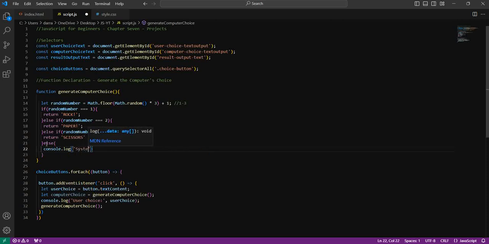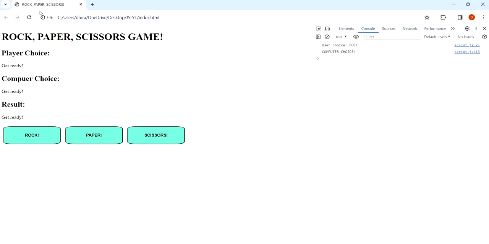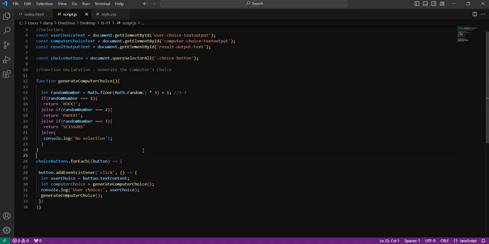System, user not selected. No selection. Okay? Okay, so basically, the logic is set up. It'll only be 1, 2, or 3. So this function will really always just return rock, paper, scissors. Okay? So now if we save and refresh, okay, what we want to do is, so we have the computer